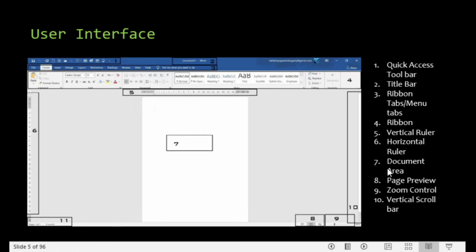So napud tay document area. So most of your work is done here, or will appear here in our document area. Kaning page preview kani siya. This will enable you to view your document in different views, or in a different manner. You could read it in a print layout,